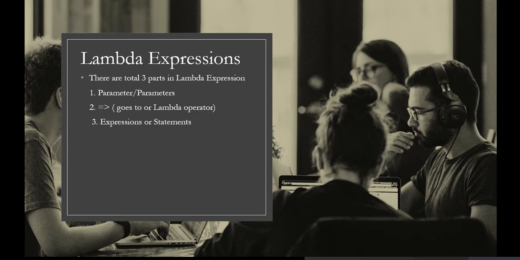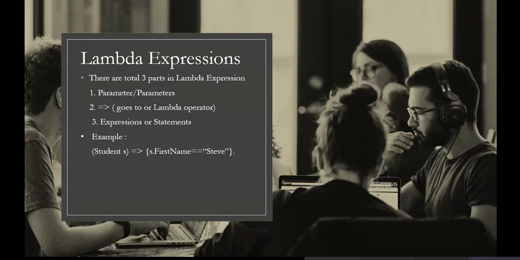So when we are using a lambda expression in case of delegates, then also I will be following those three parts. What are those? First, I will give parameters, then I will use goes to, and then I will use statements or the logic. So you can check the example here.